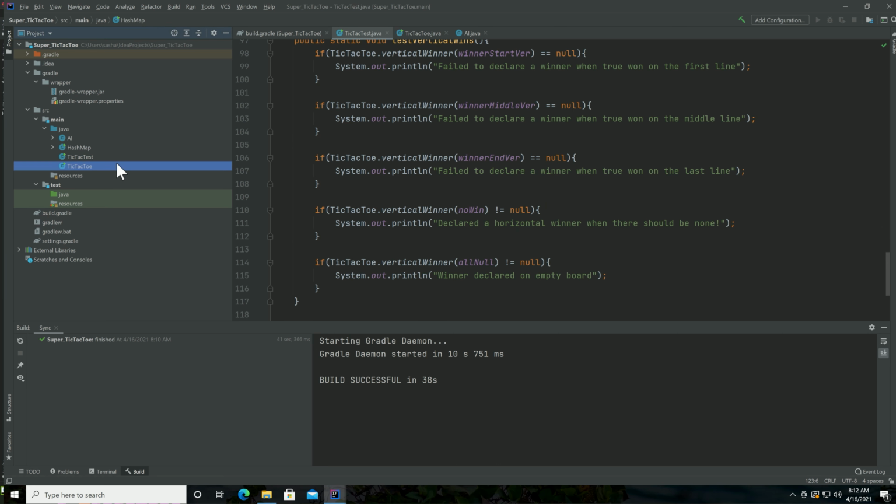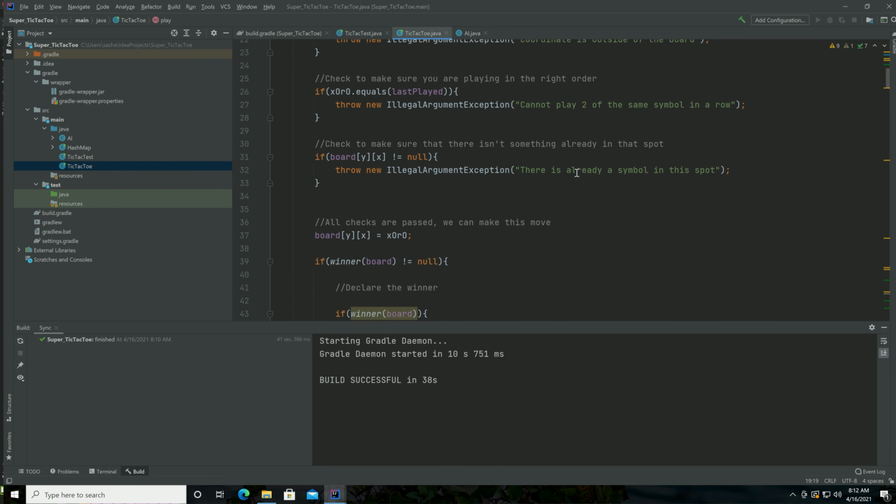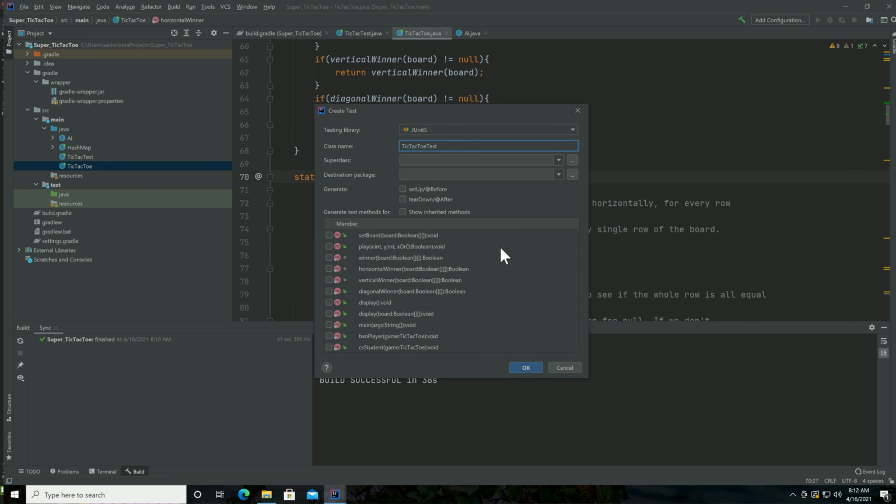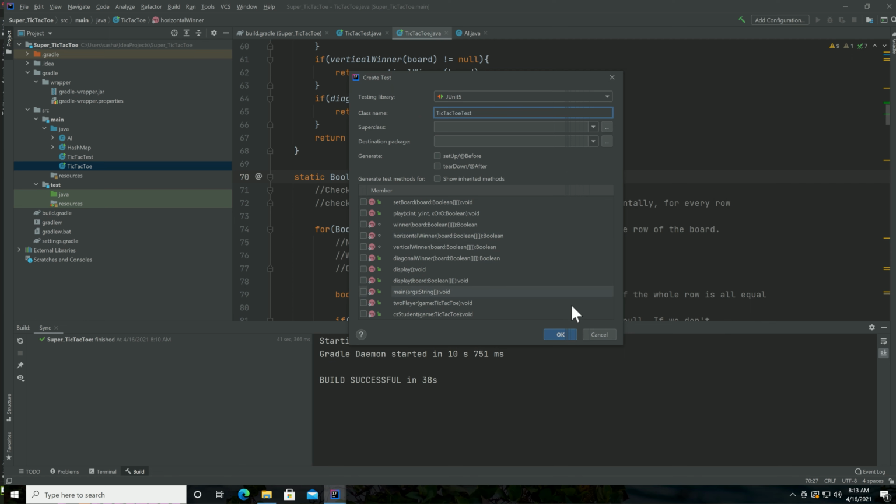Let's do that. So we've got a couple methods in our tic-tac-toe game here, which could be subject to testing, like horizontal winner. So I'm going to right-click it. I'm going to click generate test. Okay, and yeah, do we want to set up and tear down? Probably not. Let's just do a simple example for now. We'll just go tic-tac-toe test,